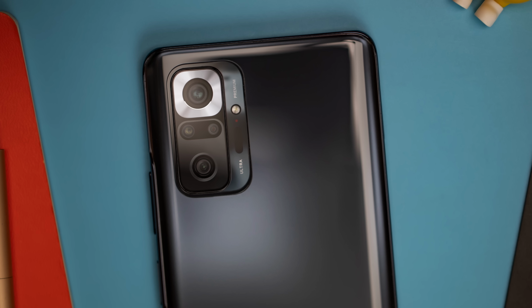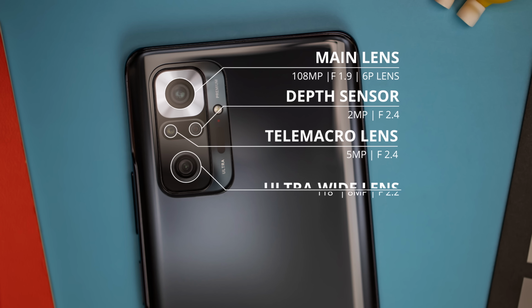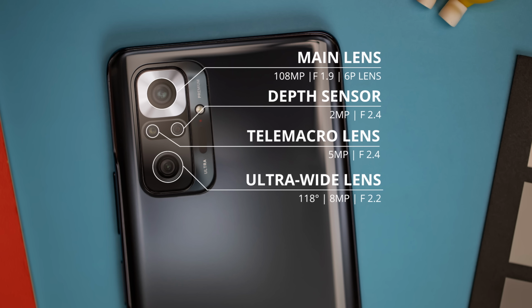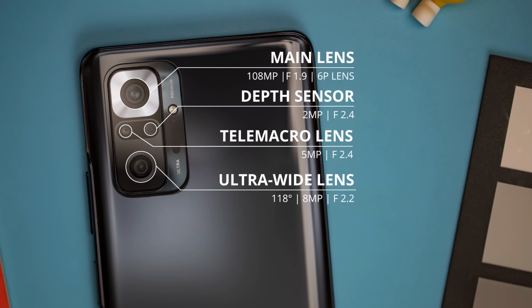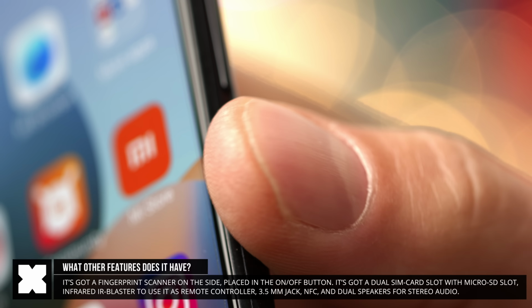On the back, it's got a 4-lens camera setup with a 108-megapixel main camera with an aperture of f1.9. Then we've got an 8-megapixel ultra-wide-angle lens with an aperture of f2.2, a 5-megapixel macro lens, and a 5-megapixel depth sensor for portrait images. On the side, it's got the volume rockers and the on-off button with the fingerprint scanner